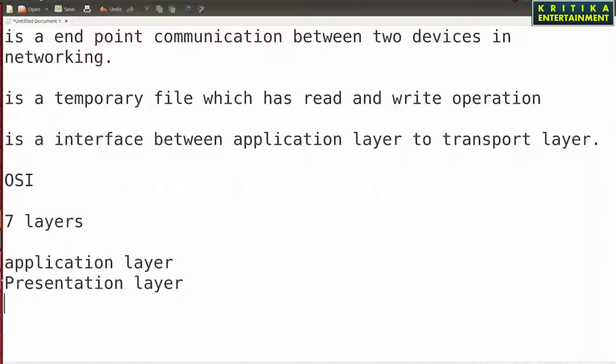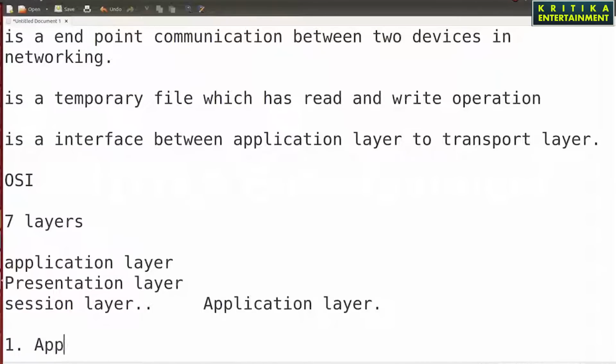Third is the session layer. In networking, instead of those 3, we combine them into only the application layer. Then in total, in networking, we are using 5 layers.